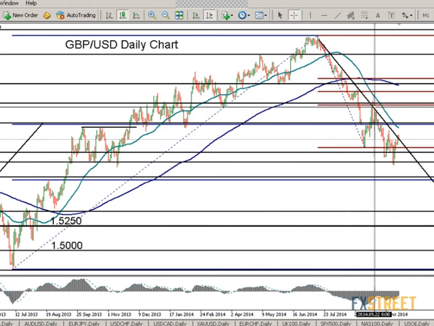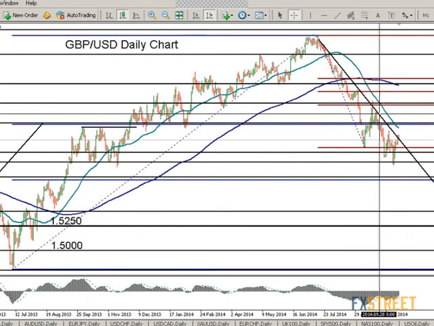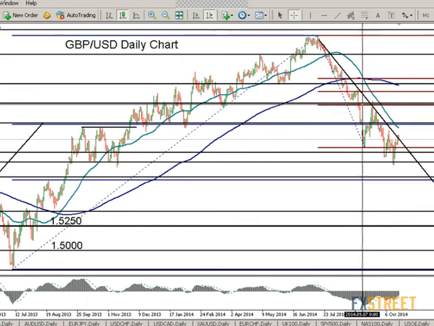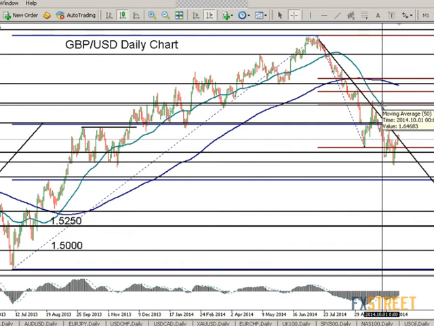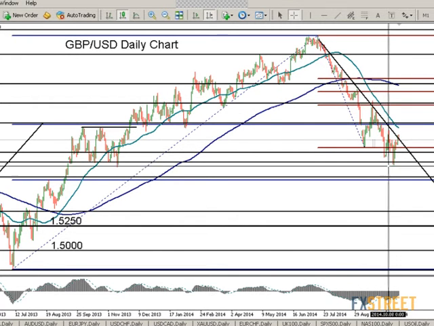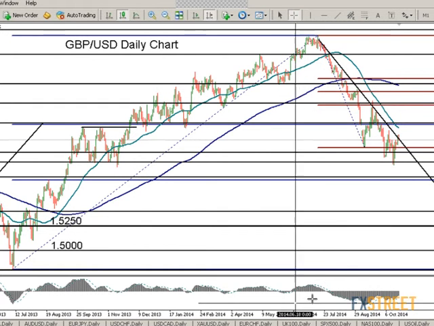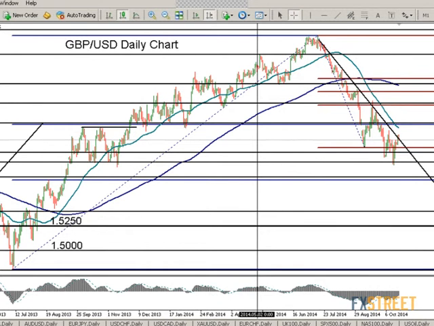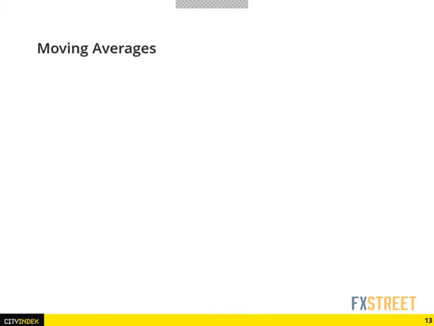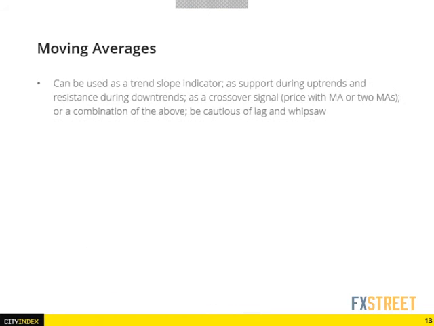So if you take a look here, the 38% corresponded with the 165 level on pound dollar, which was a support and resistance level prior to that. Okay, so that's an example of strong confluence there, showing the continuation of the down move in pound dollar, to be used in conjunction with everything else you got, which includes the moving averages, which I'm on right now,